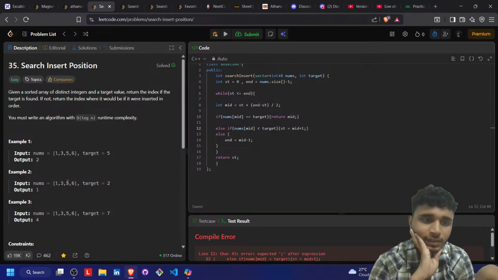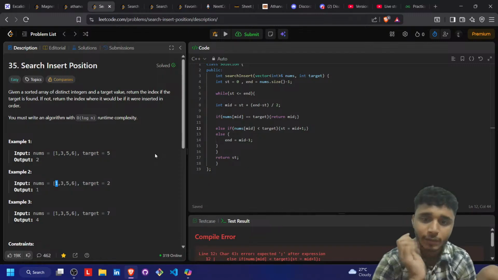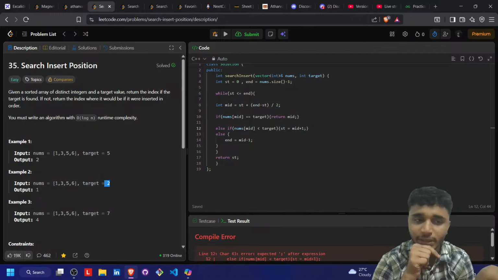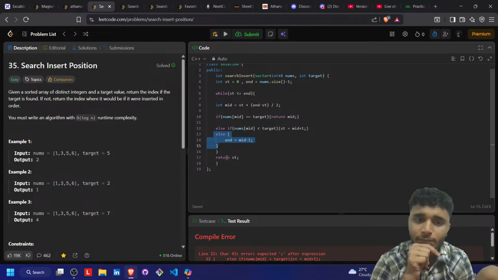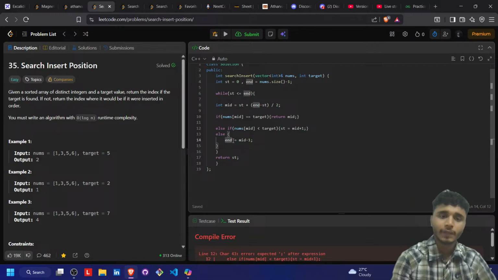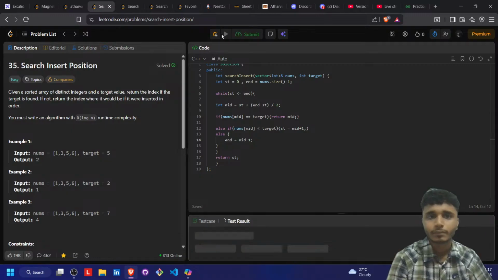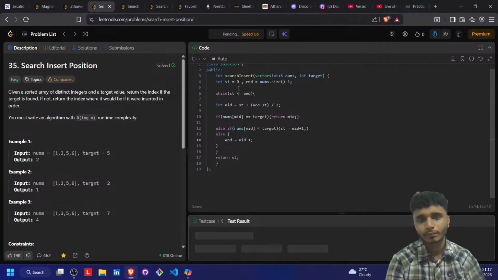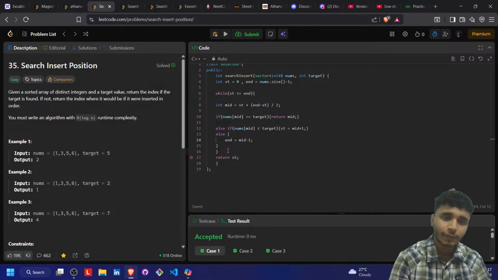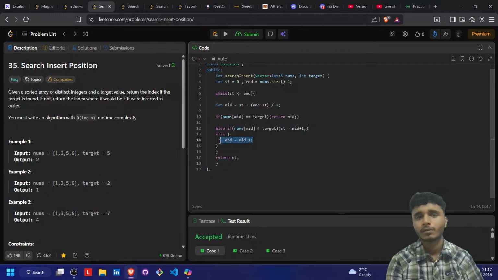Okay, start and end were on this index. Then we check if nums[mid] is more than or equal to or less than target. It was less than the target 2, because the value is bigger than 1. So if it's less than target, then we do end is equal to mid. Okay. Then we do end is equal to mid minus 1, meaning,